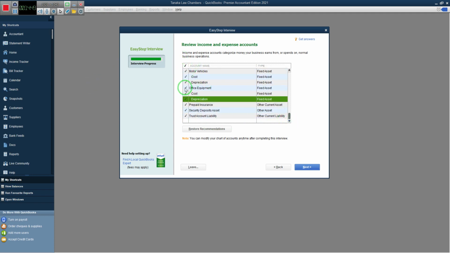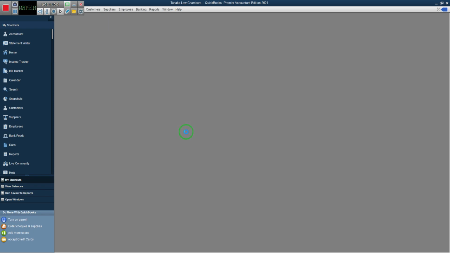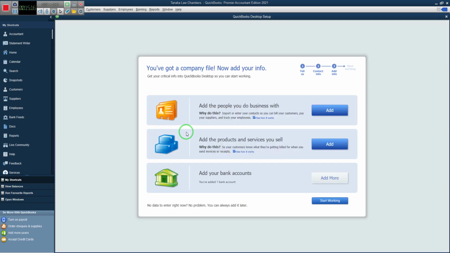So we are done putting a tick against each account. We now just have to click on next to continue. Once we have clicked that, we are congratulated. We've completed the easy step interview and we are ready to go to setup. So we click on go to setup. When we do that, the system will complete the creation of our Kanban file and take us to this